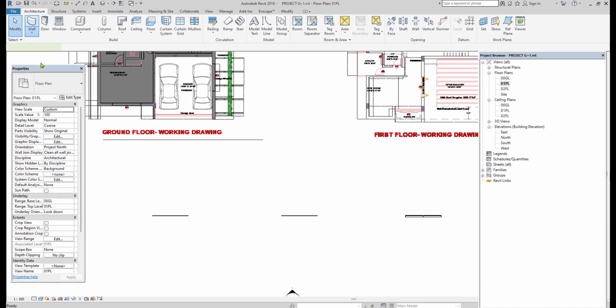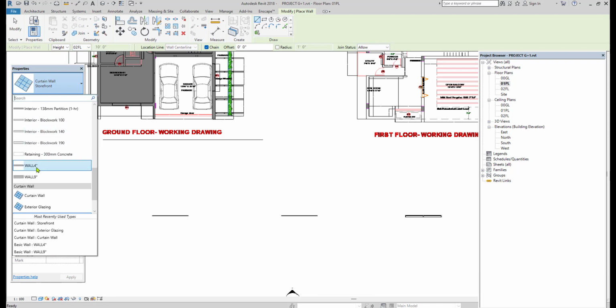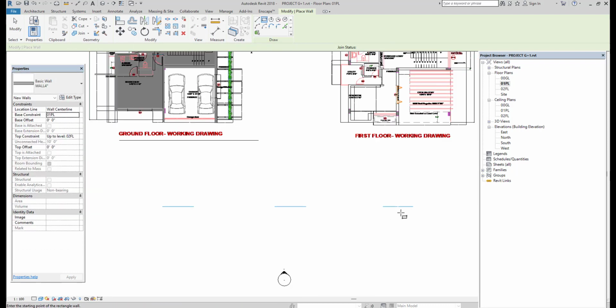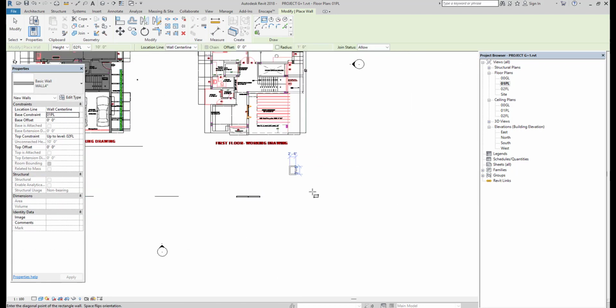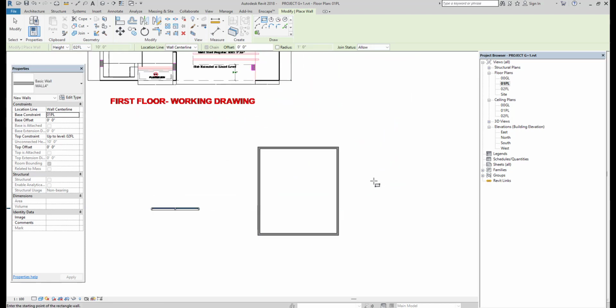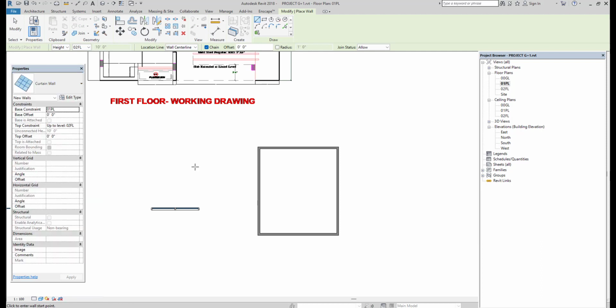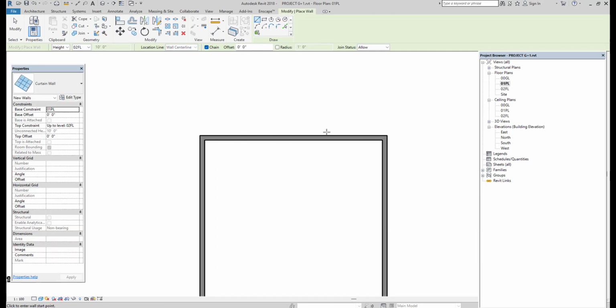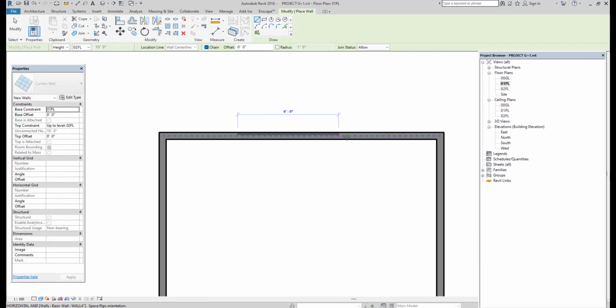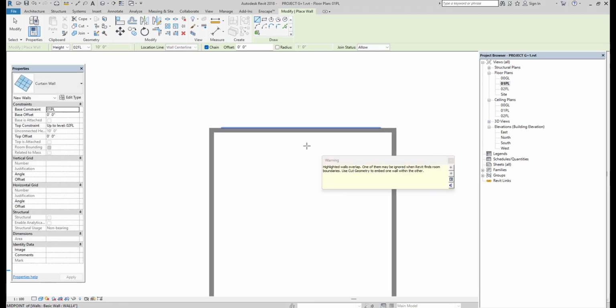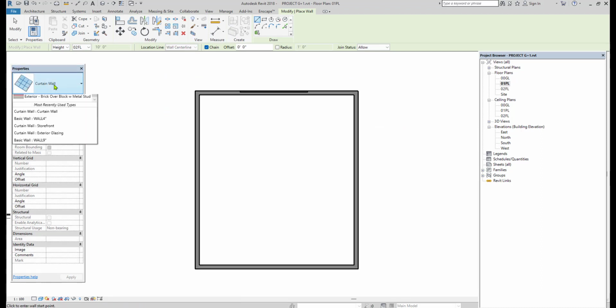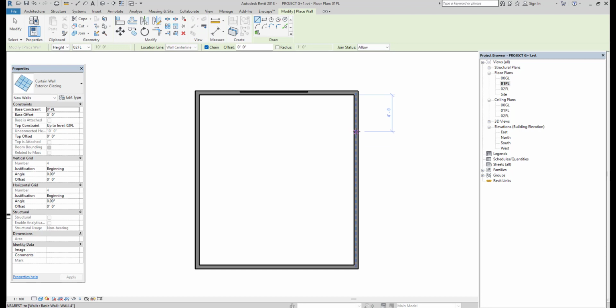For that I am just drawing a room about 10 by 10 or 15 by 15, whatever it may be. This is the basic wall room. Inside this I am going with the curtain wall type. Just above the basic wall I am drawing this curtain wall about 7 feet or 5 feet. Then I change to the second method and do the same thing, and click on the third method and do the same thing.